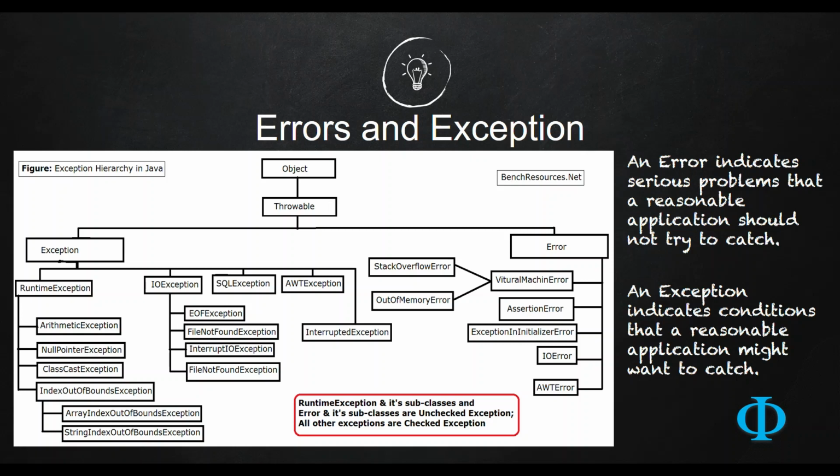When we are working with Java, there are two different types of discrepancies that can happen in your program. The first one is called an error and the second one is called an exception. An error basically indicates a very serious problem that is not possible to bypass at all. What does that mean? If an error happens, you need to rectify it in a proper way, otherwise your program